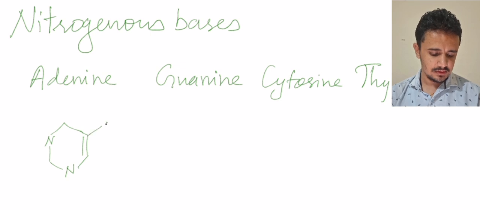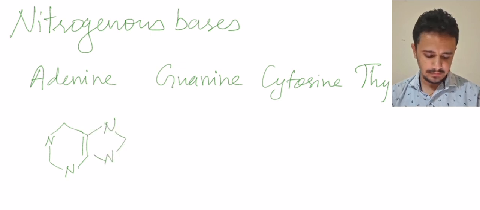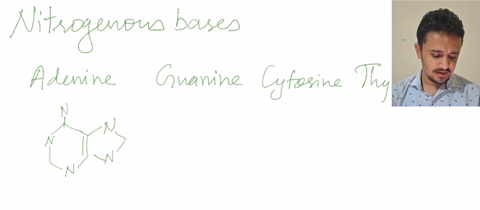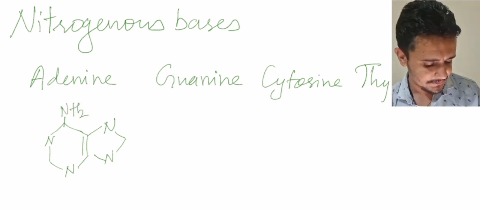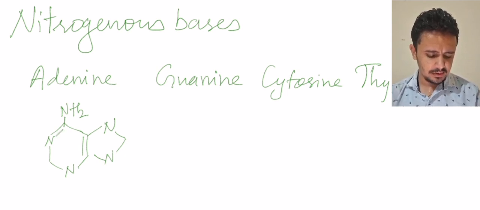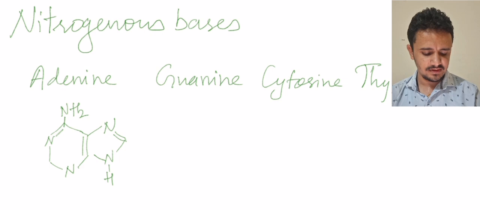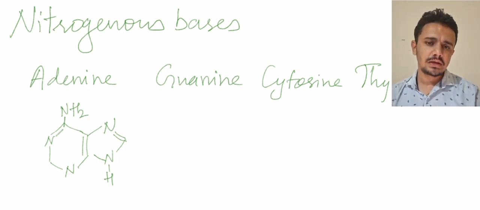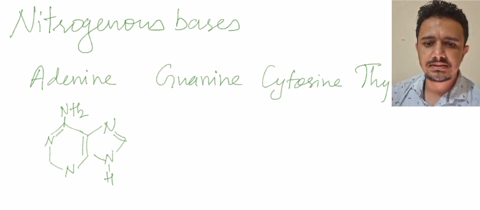So this is our adenine, right? We have here an amino group. And now let us balance the bonds here. So let me make here a double bond, here a double bond, and one hydrogen can come here. Okay, and all the other nitrogens, if you see, they are bonded with 3 bonds, because it has the valency